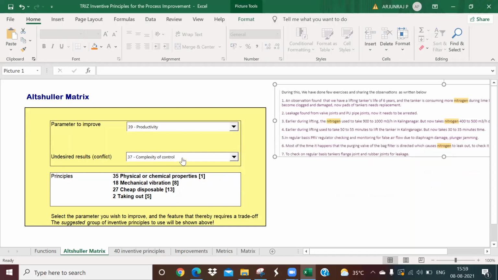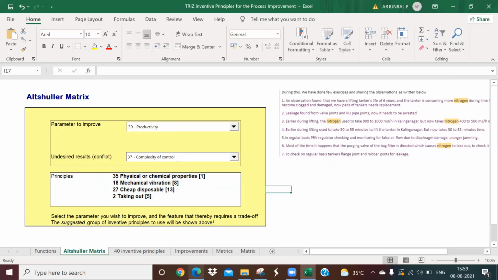Okay, which means the complexity is there, right? Complexity of control is there. How to control that? And in order to improve the productivity, it will also help you to increase the productivity, right? Yeah. And the parameter to improve is productivity, and the conflict is going to be complexity of control. Okay. Yeah. And now what you have to do is you need to apply these four principles.